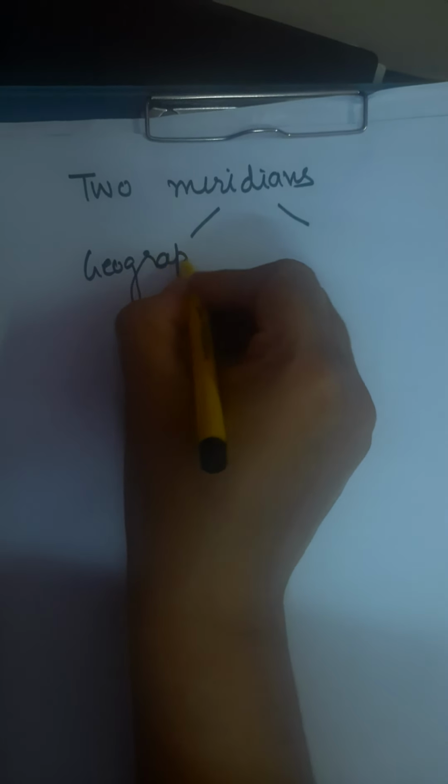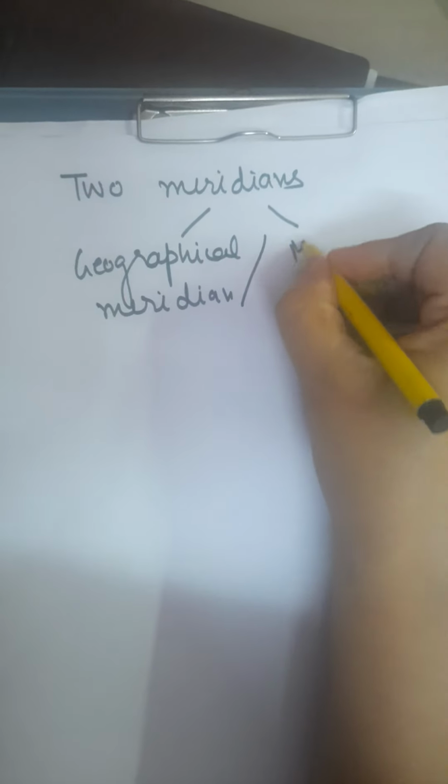Children, one is the geographical axis. So there is one called geographical meridian, and because Earth is assumed to be a magnet, there is one magnetic meridian. So children, there are two meridians according to Earth's location. One is geographical meridian. This I am telling you just to make a diagram so that you understand those elements. And the other is magnetic meridian.